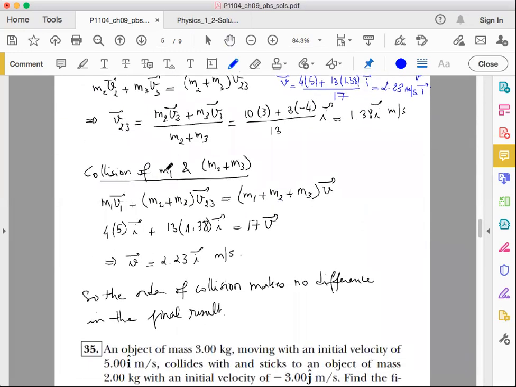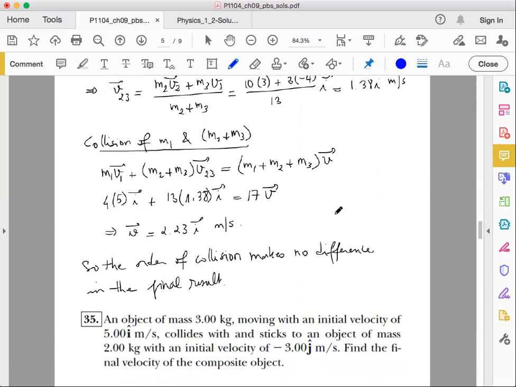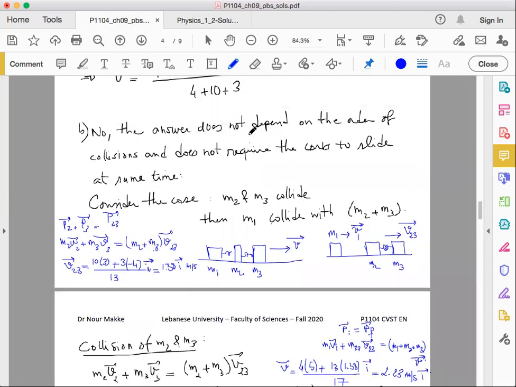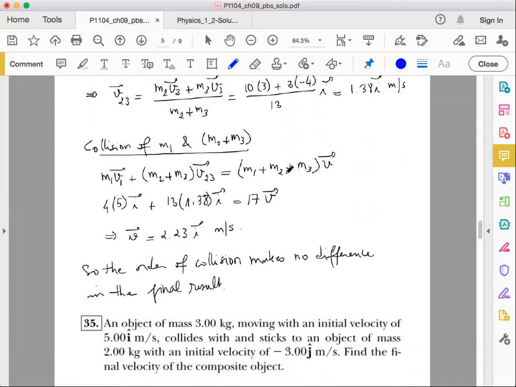And here you can find the other exercise. You have one exercise, but actually you can do the other one, which is the case where you can do it as a test. You just take M1 and make the collision between M1 and M2 at the beginning. So you'd have this M1 and M2, and the system M1 and M2 would be moving with a velocity V1,2,